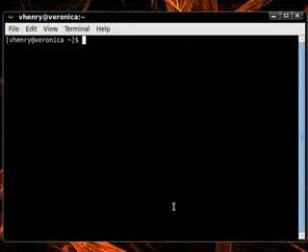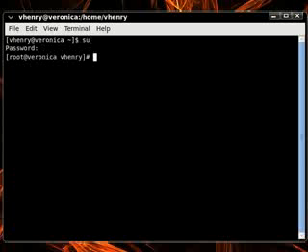Now to make changes to a DHCP configuration will require root privileges, so let's go ahead and do that first. Type in su for switch user and your password. Now with every DHCP server installation, there's a sample file included, and let's take a look at that. Let's type in cat /usr/share/doc/dhcp*